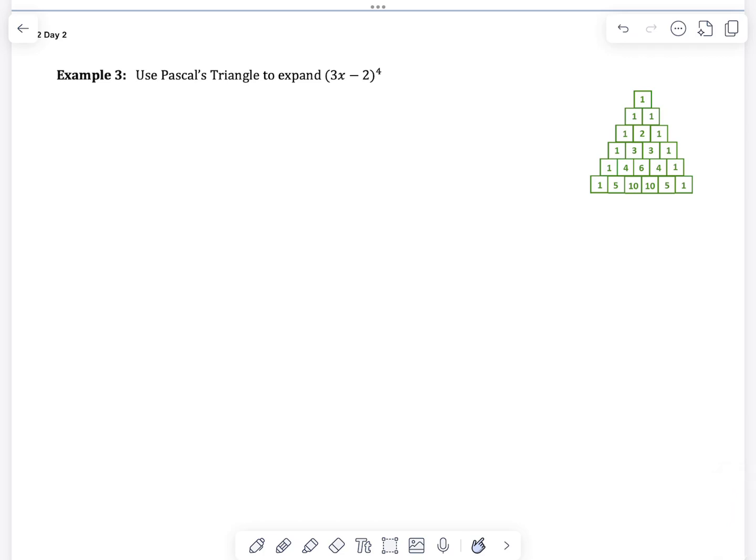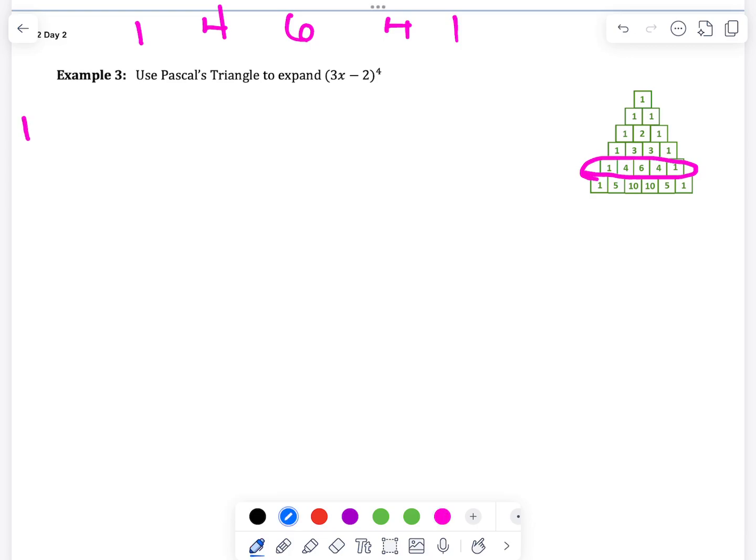All right, last example. Now notice our power is 4, so we're going to go to the next row in Pascal's triangle, and those will be our coefficients. So 1, 4, 6, 4, 1. So our coefficient is 1. Our first term is 3x, so that's going to be 3x to the 4th. And then we have a 2 to the 0 plus 4,